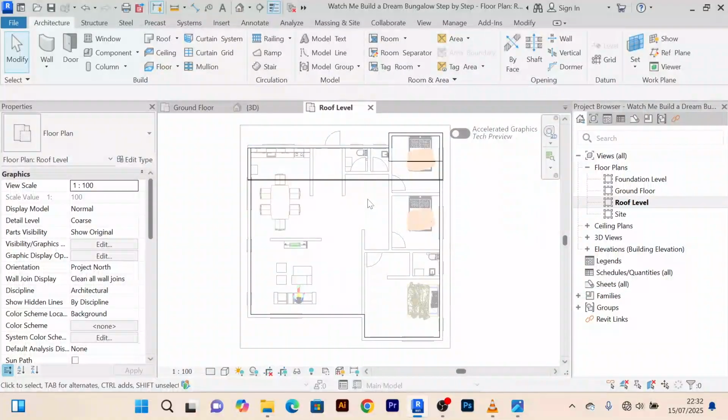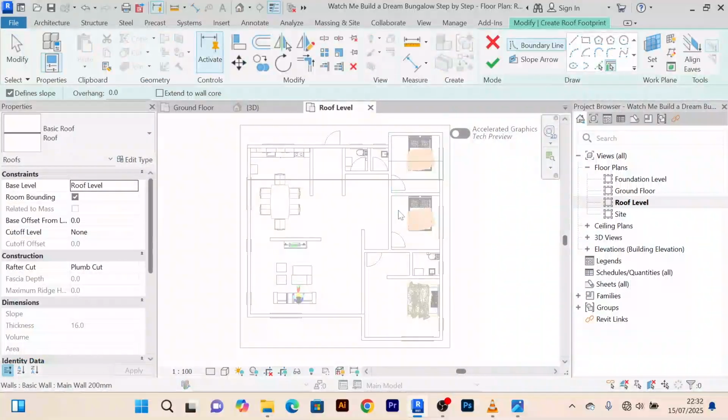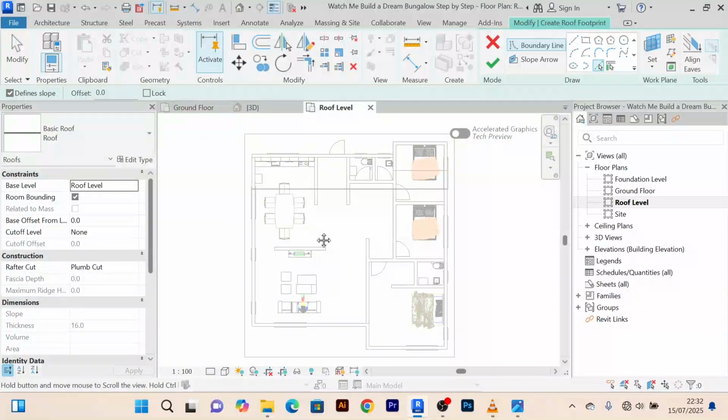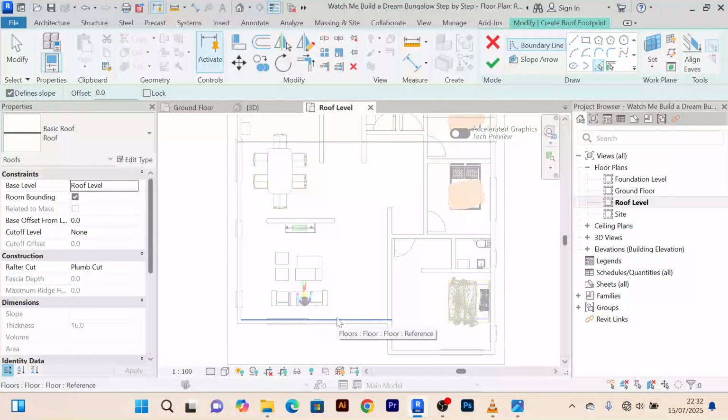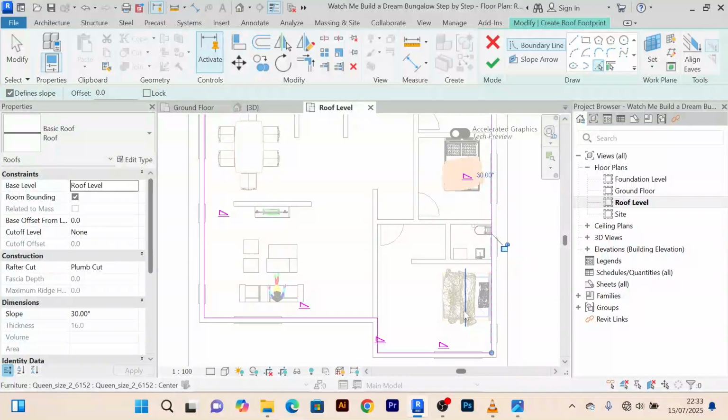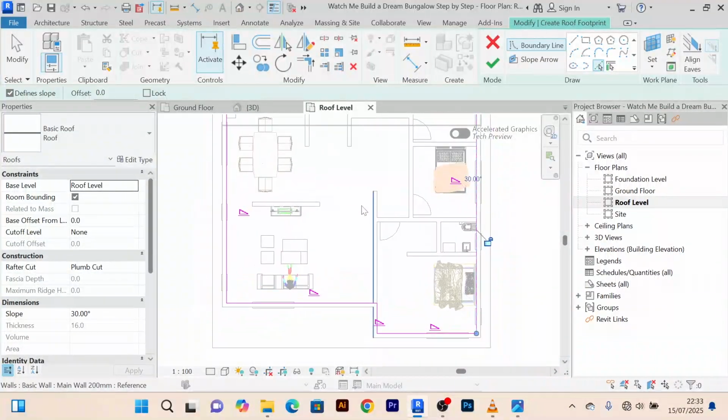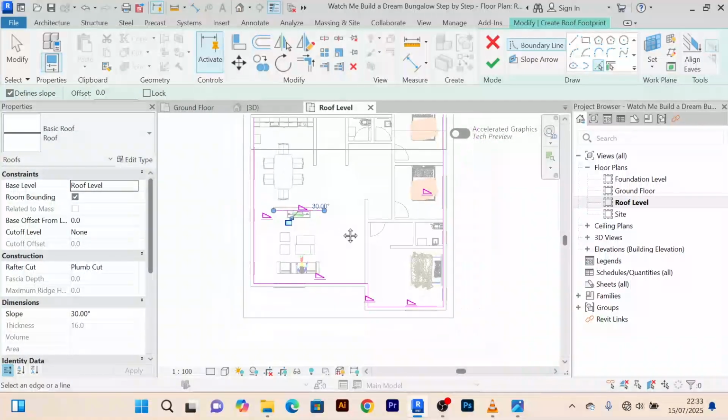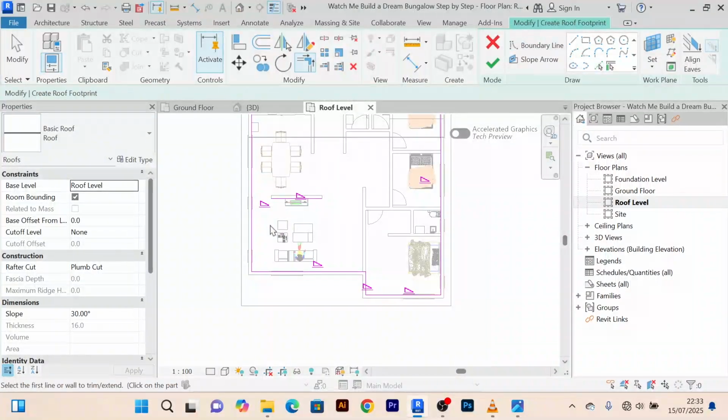Back to the roof level, we're going to create another roof. So still here, our roof, we are going to pick line. So we shall now create the next roof. So we shall pick this side, we shall pick this side, pick here, pick here, pick here. And then I hope it was from this side. Now we can go to trim this, we trim that,